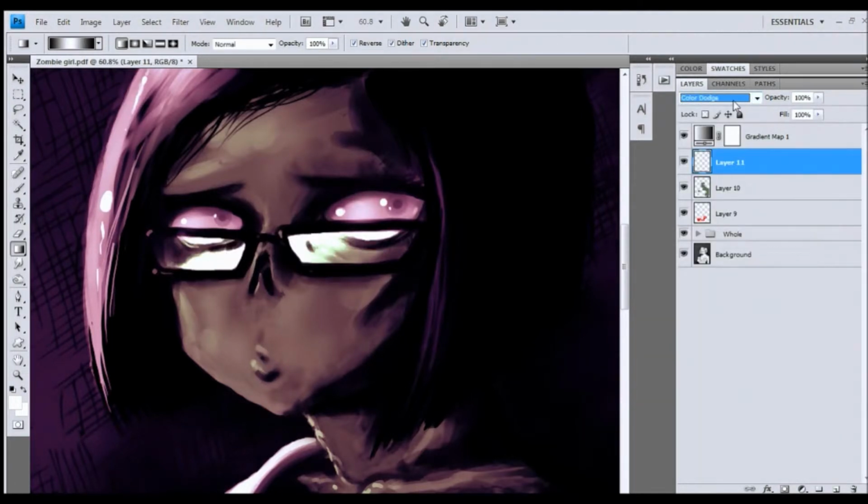That's kind of cool. That's a little bit too harsh with the light. I can always go back and change things if I don't like the way the gradient is looking. So I'm gonna just put this layer back on normal, and